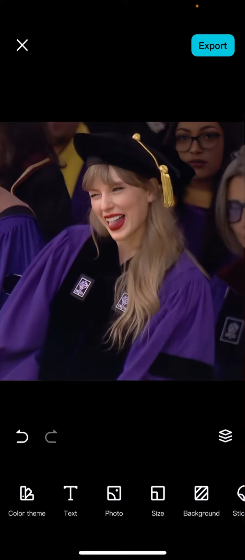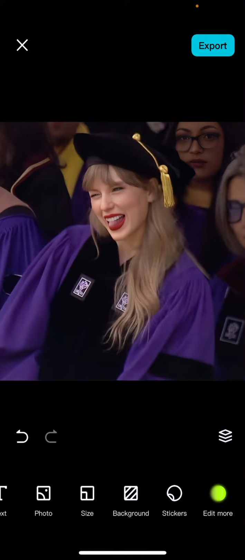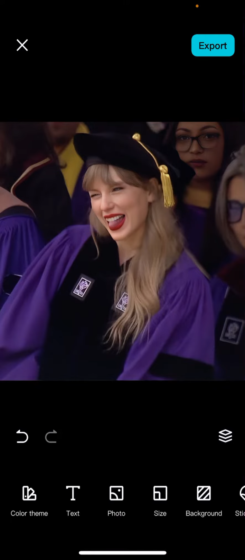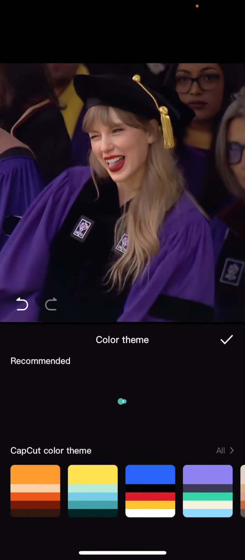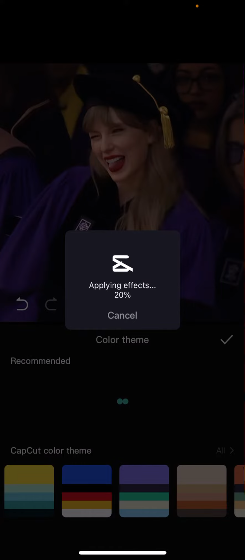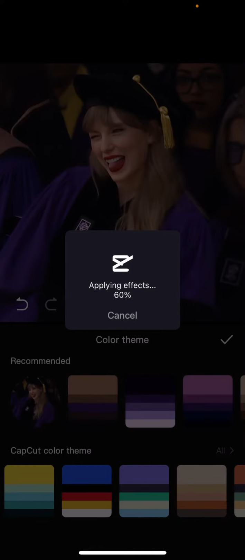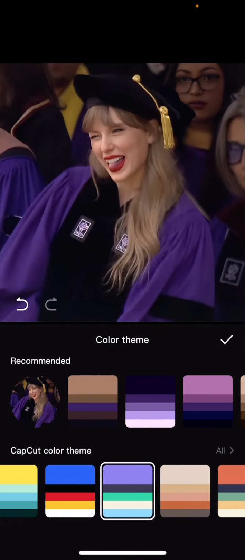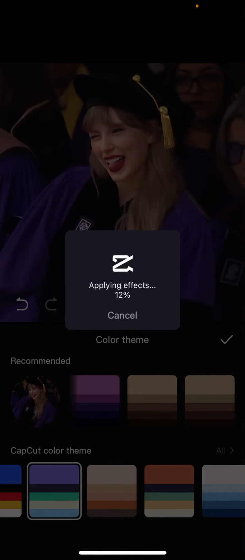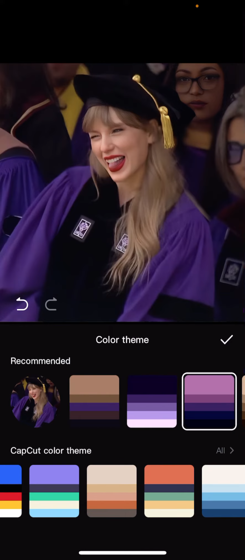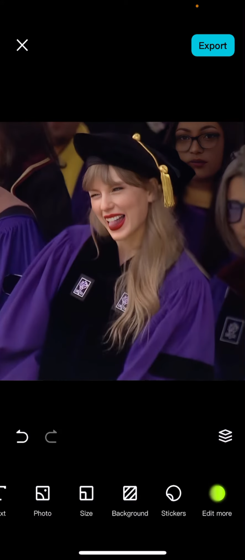Sorry about that. If you press the arrow, you can add a text, add in a color theme. Not sure what this does though. Maybe add in filters. I'm not quite sure what it does, to be honest. But yeah, you can add in a color theme, you can add in text, add in stickers, change the background,